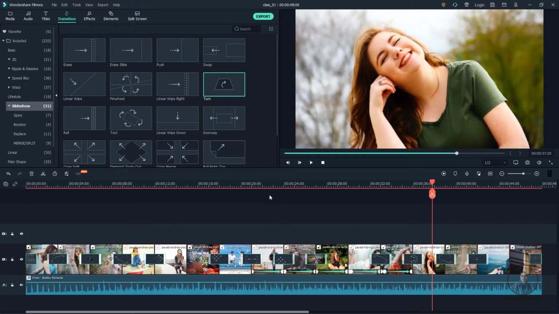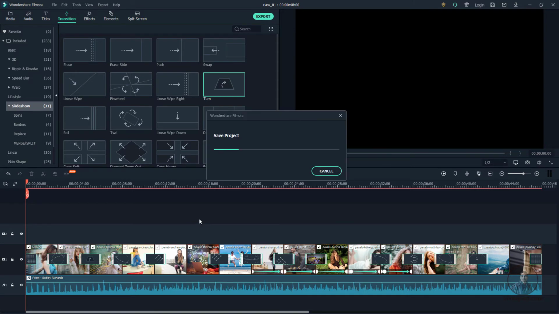This is looking good. Now again just press the Home button till here, Control S.